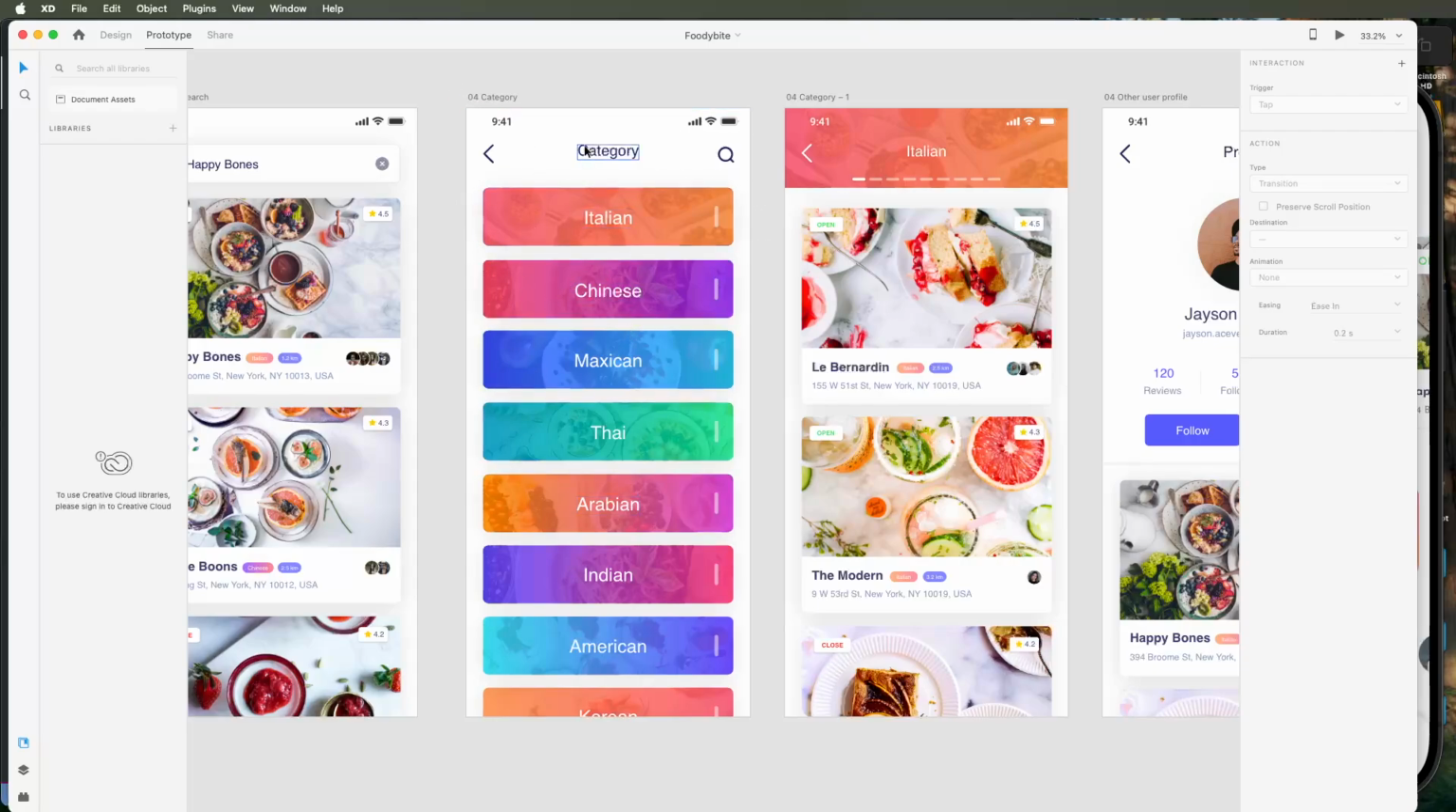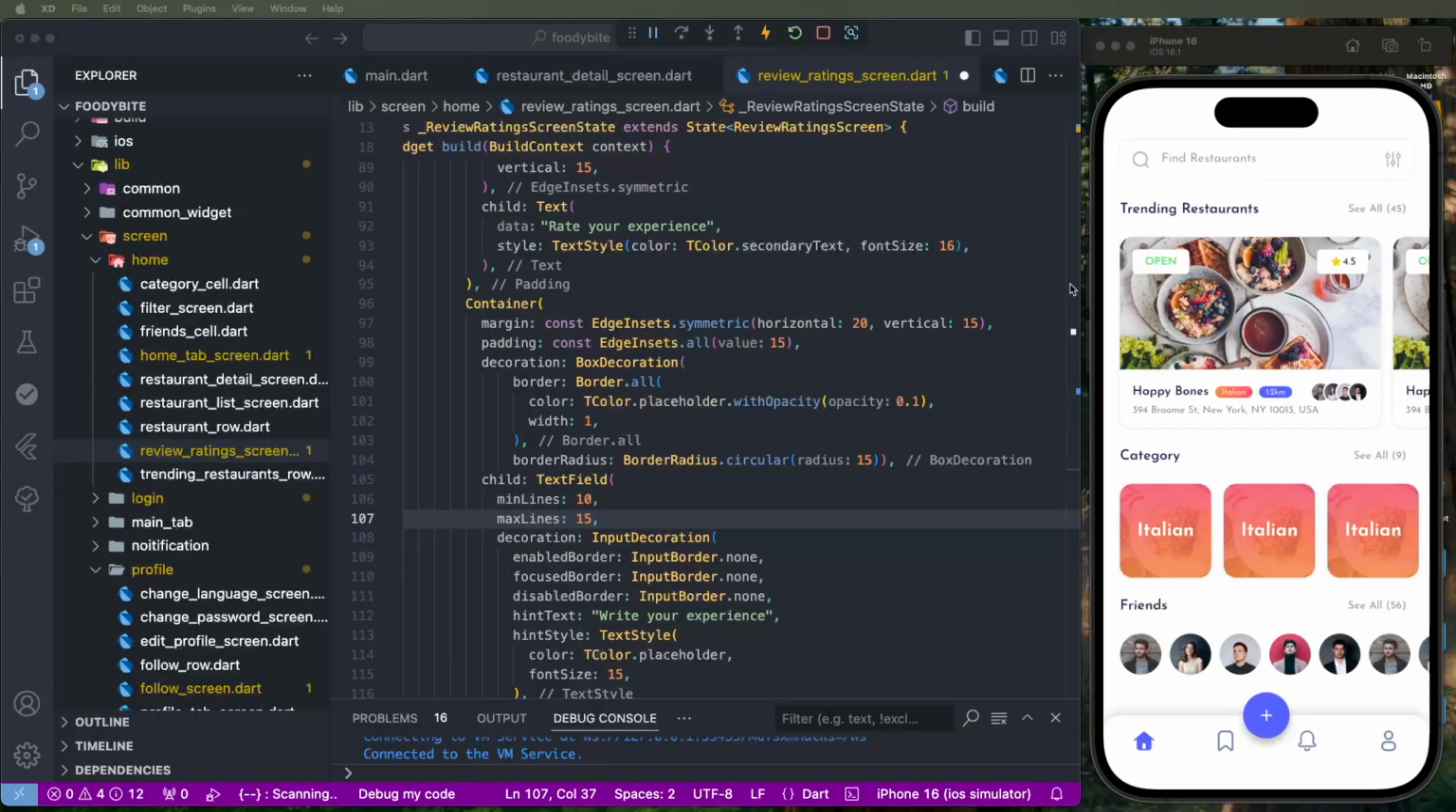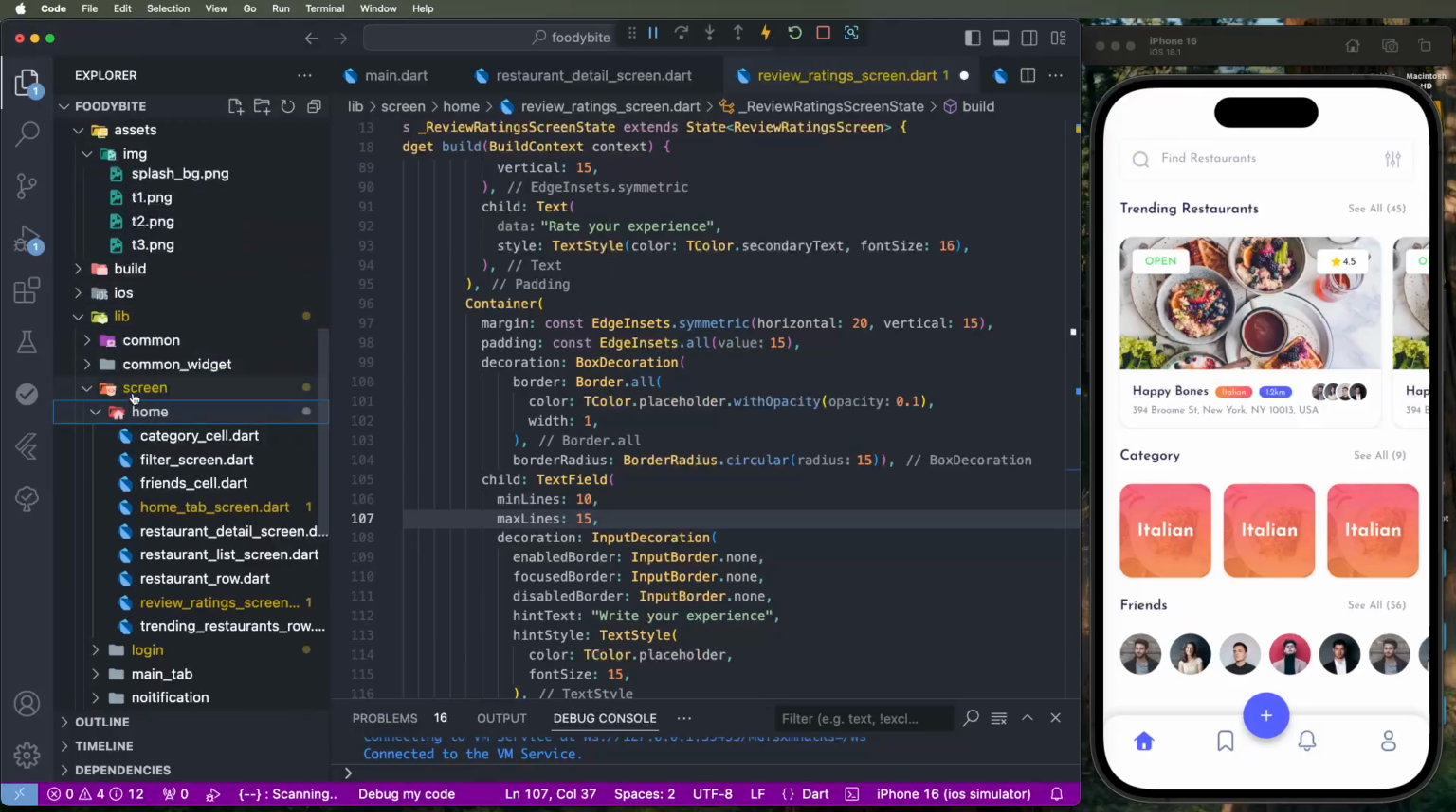We need to create only the dynamic UI. Let's start writing it in Flutter. We have already created the home screen UI, and clicking on these buttons should open the new screen of the category list. Now open the sidebar menu here and find